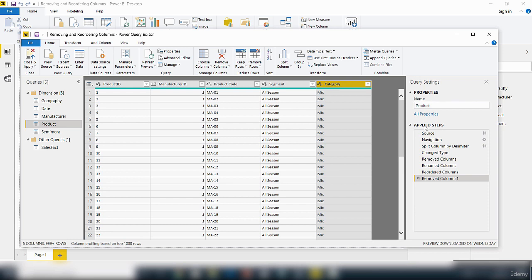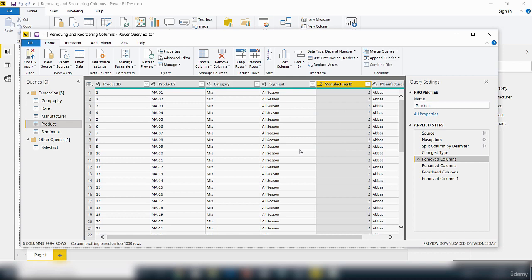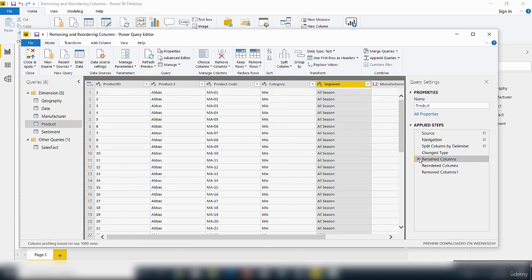If you look at the applied steps, it indicates all the actions I have specified. If I want to undo all the actions I've performed, all I need to do is come here where it's got remove columns. I just click on that and click. It says, are you sure you want to delete this step? Deleting this step may affect subsequent steps, which could cause your query to break. So if I want to do that, I can click delete and also delete this one as well